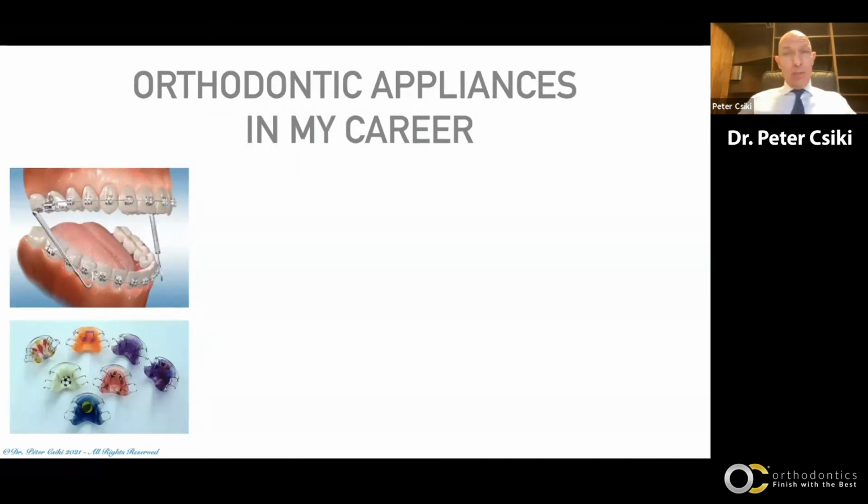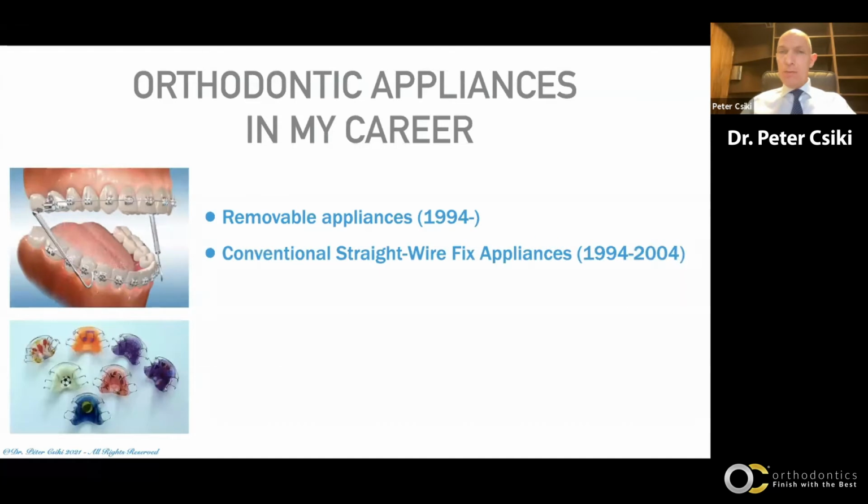Okay, let's see the orthodontic appliances in my career. So obviously in 1994 I started with removable appliances. I still use biomaxillary appliances till today. And from 1994 till 2004, I worked with conventional straight wire braces appliances. So I went through the usual evolution